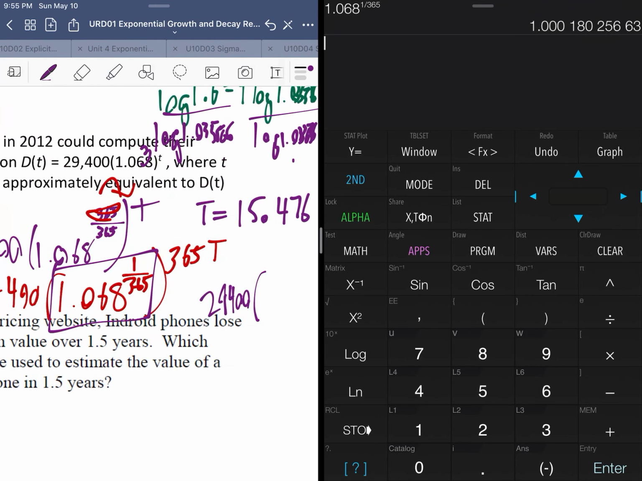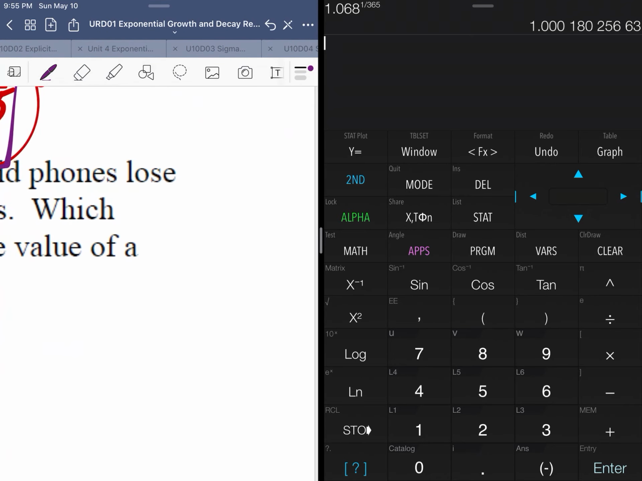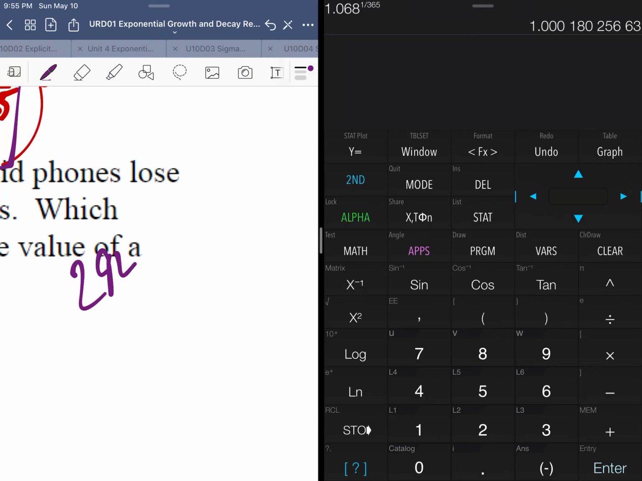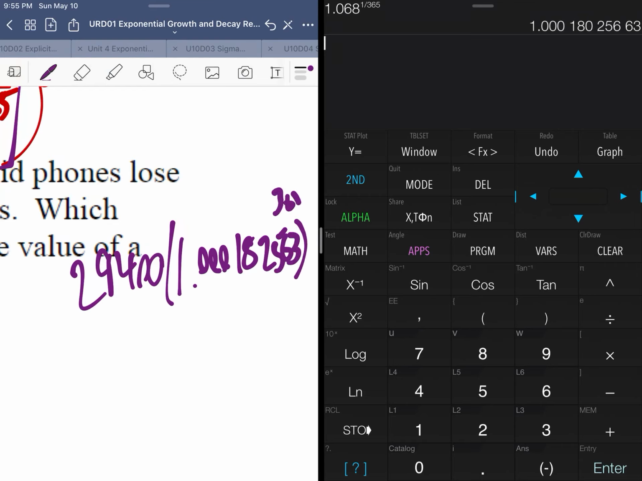29,400. Running really low on space here. I'll write it over here. 29,400 to the 1.000182563 to the 365t power. Now, this is the daily rate in a year, but we could also rewrite this as